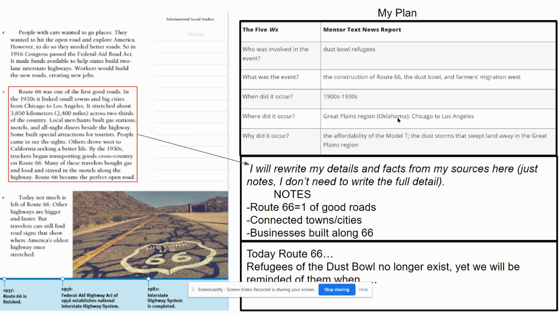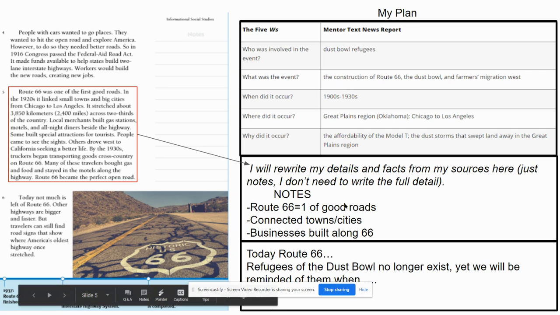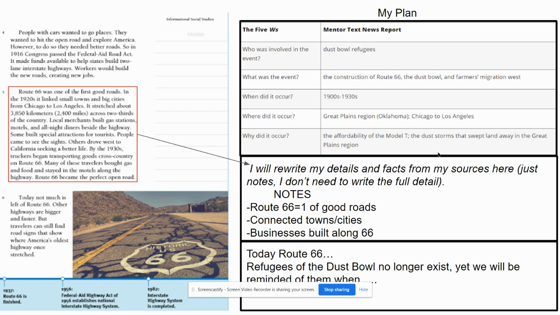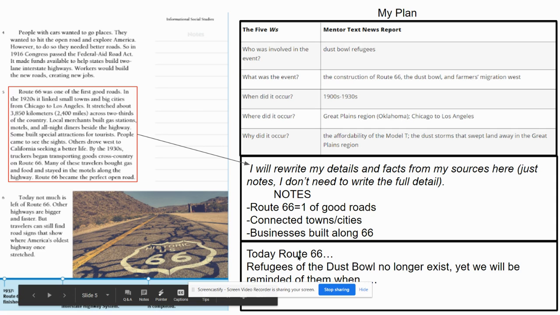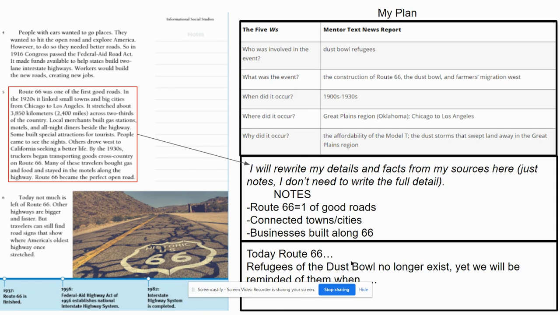In the first box, we want to orient our reader, answer those questions: who, what, when, where, why, and how, if there's a how. And then in the middle, I wanted to actually discuss the topics, so the history of Route 66 and how refugees used Route 66. I give an example if you want to read through how I took the actual text and wrote it as notes. And then in my third box, I would give some kind of conclusion, wrap it up, okay? And you can read through those notes.